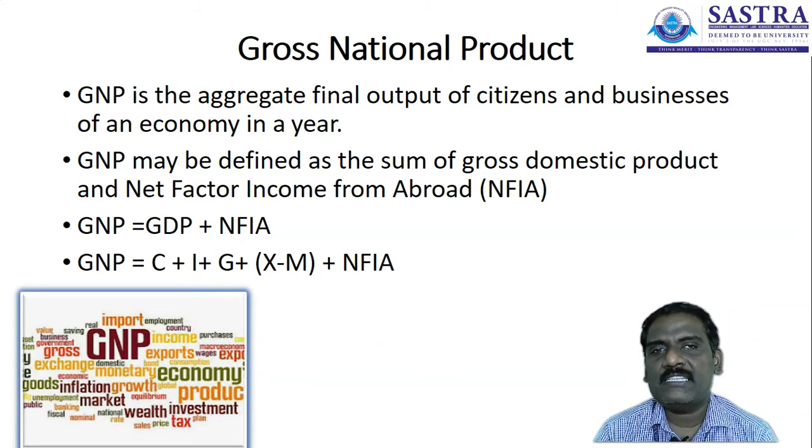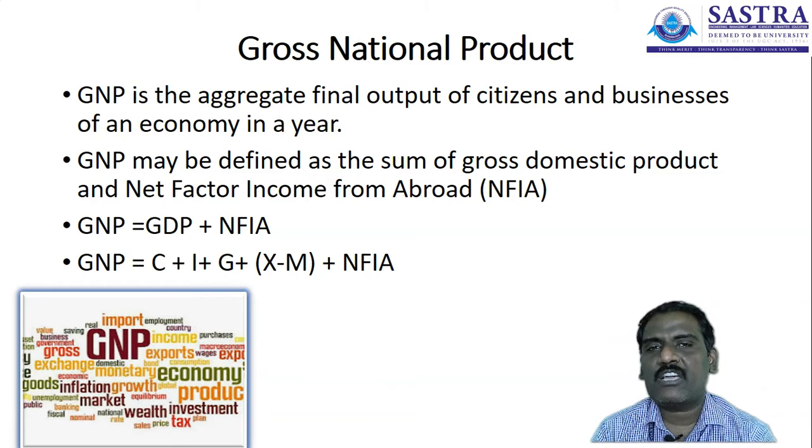Or we can expand this: the gross domestic product is further divided into C plus I plus G plus X minus M. You are all aware of the concept; it calculates the total expenses in a particular country for a given period of time. It means the consumption expenditure plus investment expenses plus government expenses plus exports minus imports, the net value of foreign trade. The net value of foreign trade, or what we can say is the balance of payments, will be taken along with the net factor income from abroad.